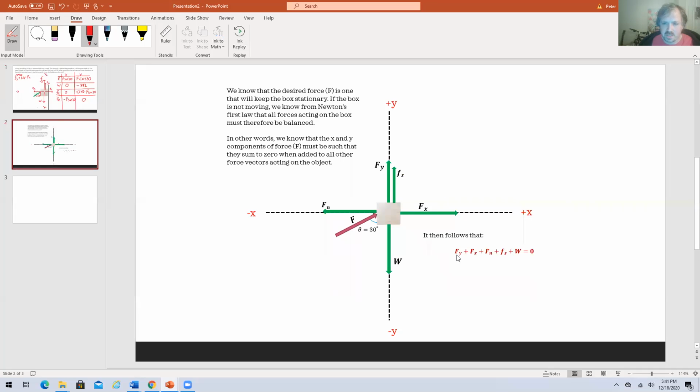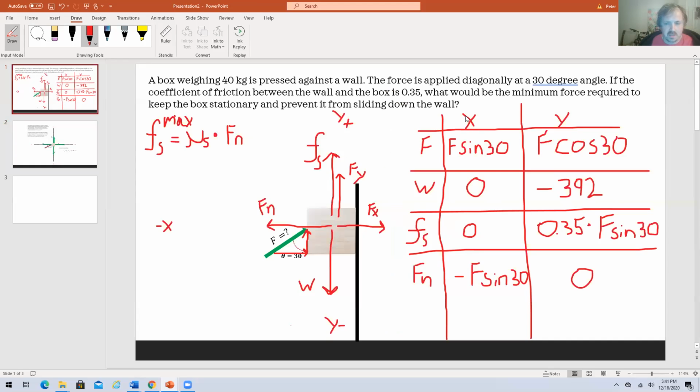And then we're just accepting that fy plus fx plus fn plus fs plus w will equal 0. And we can simplify this even more, because we don't actually need to put the x variables into the equation. We already know they're going to cancel out. We can simply say the sum of all forces in y equals 0, and then solve for f. And that should be sufficient. So basically what we're going to get here